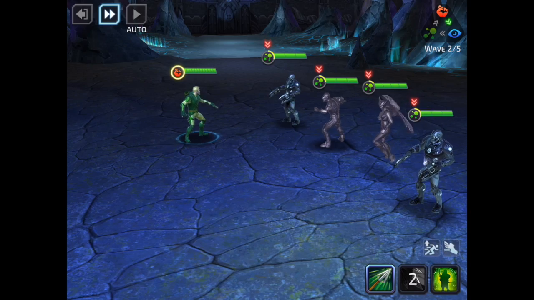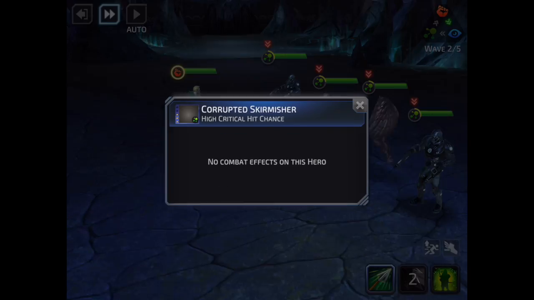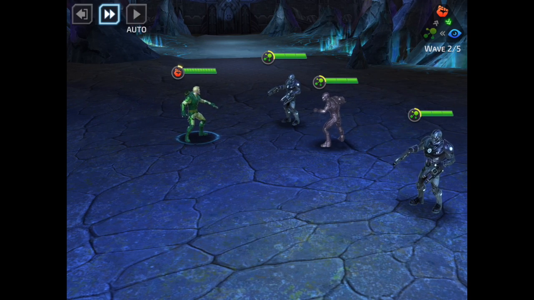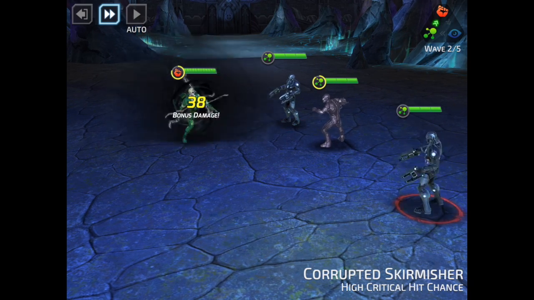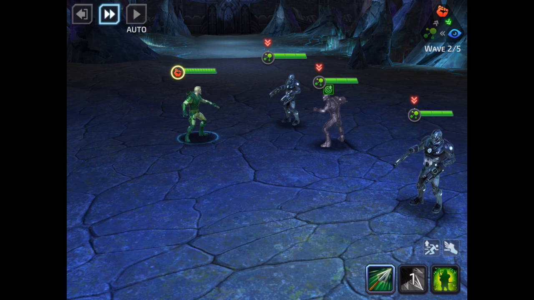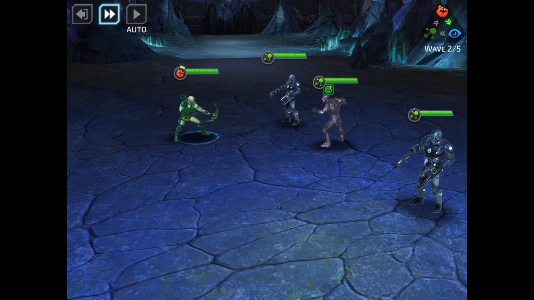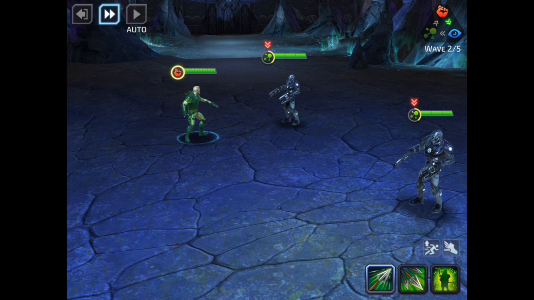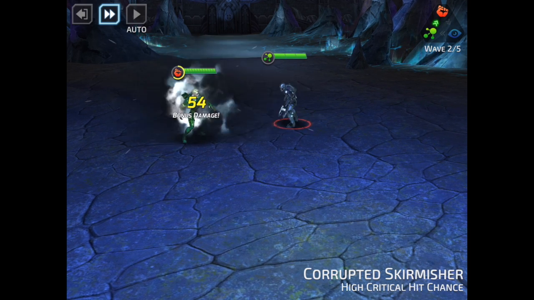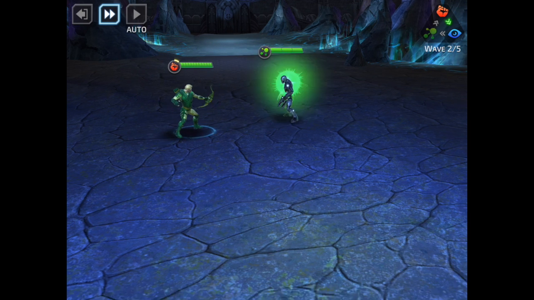Corrupted Skirmisher, Cyborg, who's going to hit very hard, Hawkgirl, whose basic could potentially stun you, another Corrupted Skirmisher. So let's go after Hawkgirl first, so we don't get stunned. Then we'll attack Cyborg after taking a couple of hits here. We'll use a basic on him. Then we can go after the minions, and we're just going to basic them. We have enough energy to sustain a couple hits, and this allows our area of effect to cool down